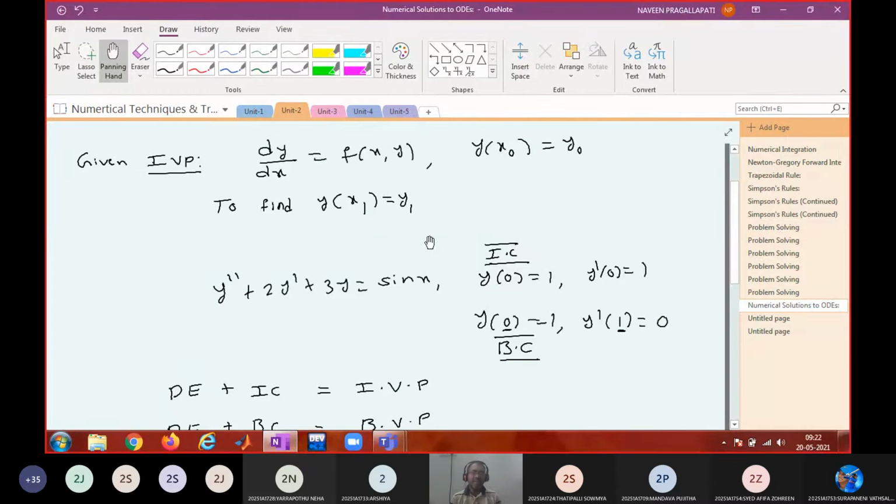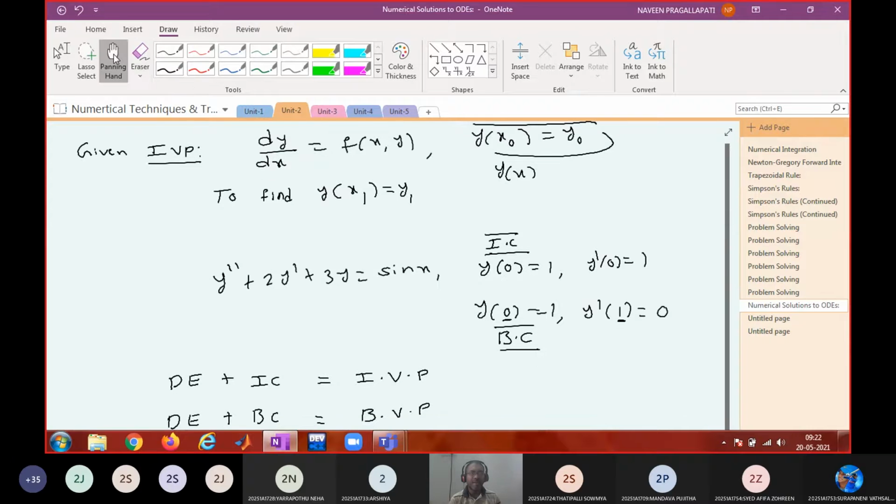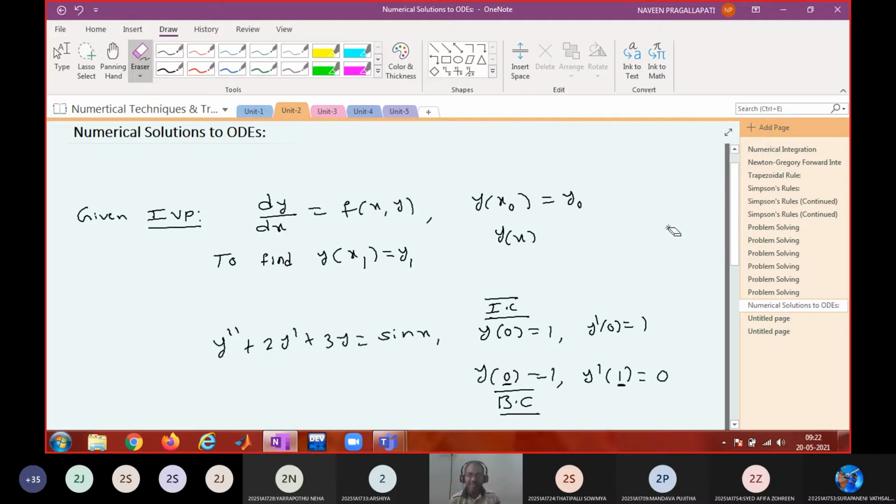Okay, that is how you can do it in analytical methods. But in numerical methods, we are not going to find y of x. In analytical methods, what we do is find y of x only by using the initial condition. By using this initial condition, you will find the arbitrary constant. You will substitute c equal to 1 or c equal to 2, whatever you get, and then you give a solution y in terms of x. You solve for y of x.